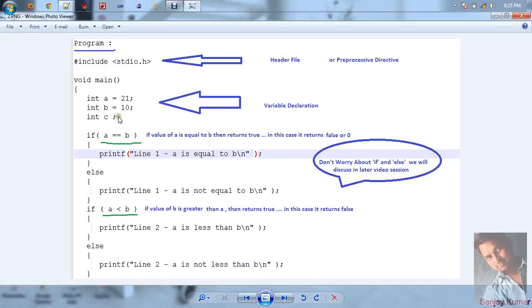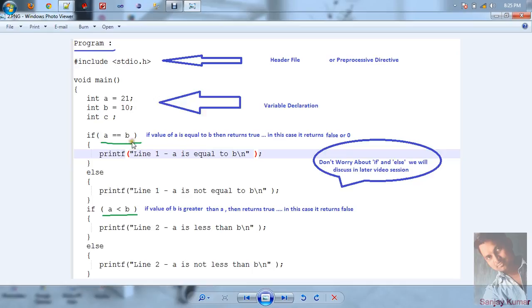Now the next line, if a equal to b, here is the relational operator equal to. If the value of a is equal to the value of b, then it returns true. But in this condition 21 is not equal to 10, so it returns false.